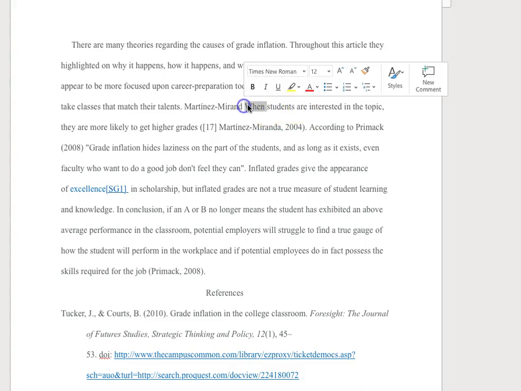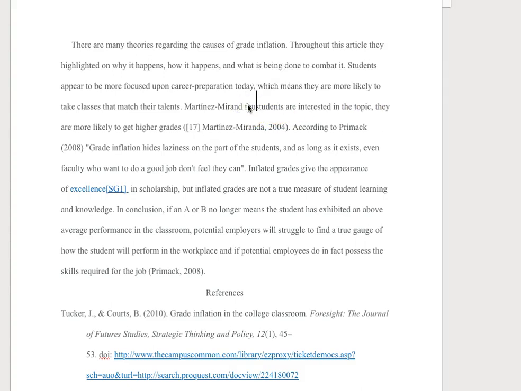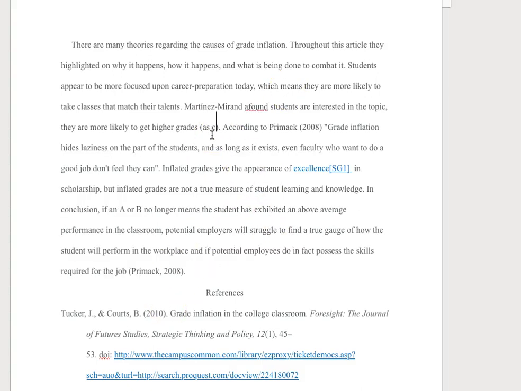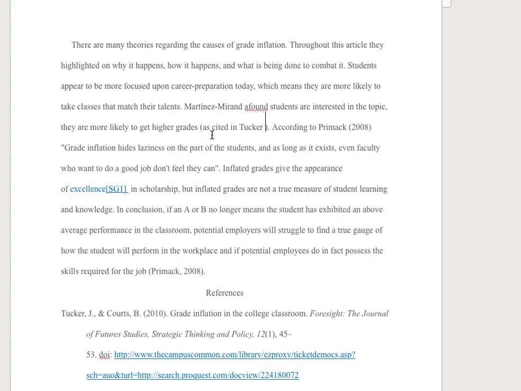I'm just going to put found, work on some transitions. Martinez Miranda found students are interested in blah, blah, blah. And I'm going to get rid of this. I'm assuming you didn't read it. And I think it actually came from Tucker down here. And it's something they read. In that case, it's called a secondary source. So it's as cited in Tucker and